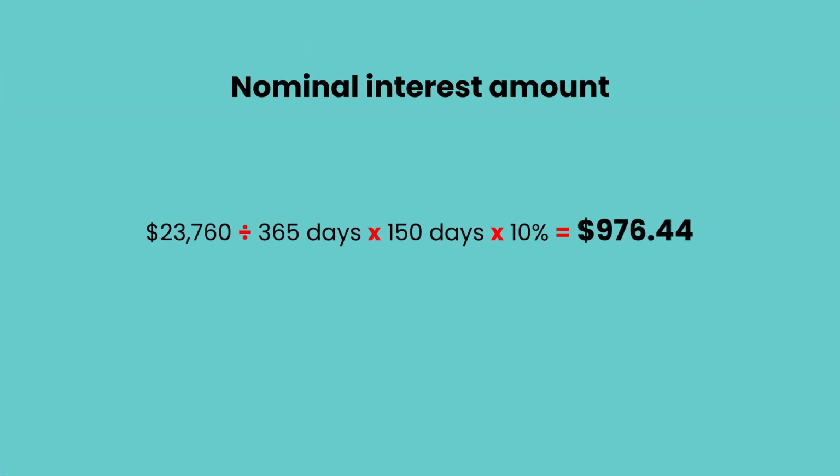Continuing from the previous example, if you lodge your super guarantee statement on the 22nd of February, but since the later of the 2 dates is 28th of February 2024, you calculate the number of days from 1st of October 2023 up to but not including the 20th of February 2024. This is 150 days. So, the calculation would look like this. That means the nominal interest amount you're liable to pay is